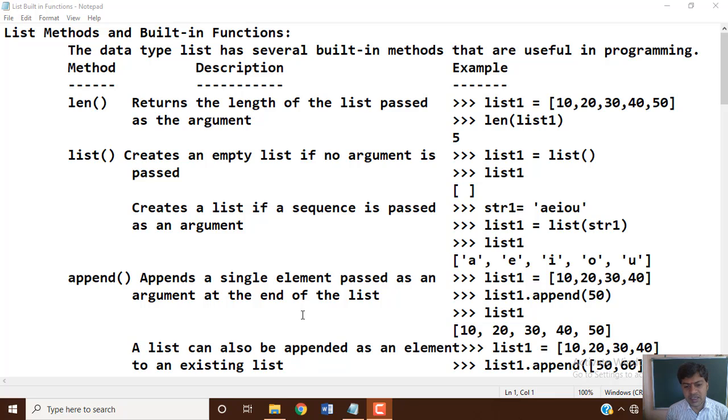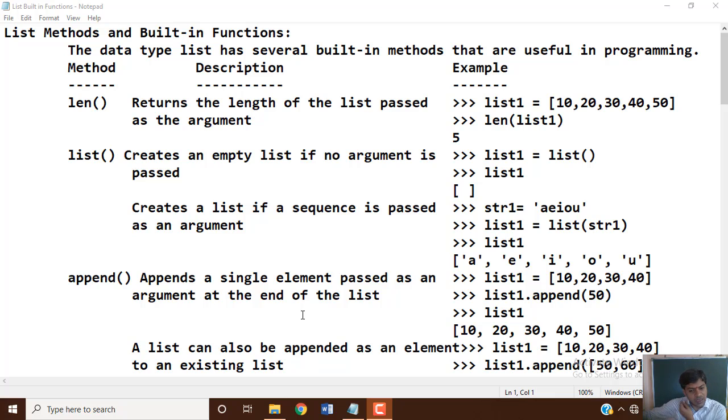We saw indexing, the way we can use the index to access the data items from the list variable, and in the same manner slicing, the way we can use a slice to extract a set of specific data items from an existing list variable. That is slicing, which helps us to extract the data items from a list variable.